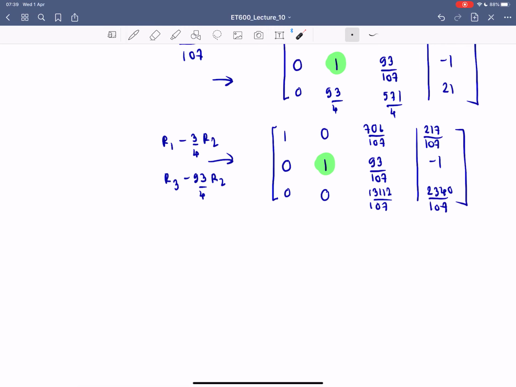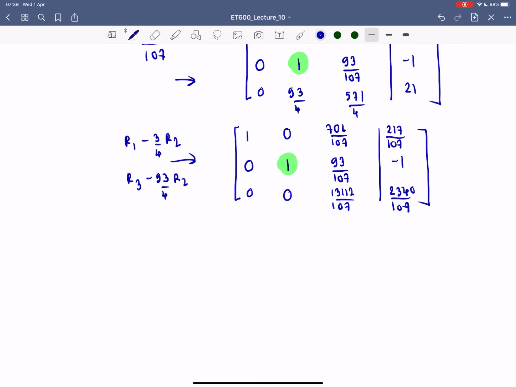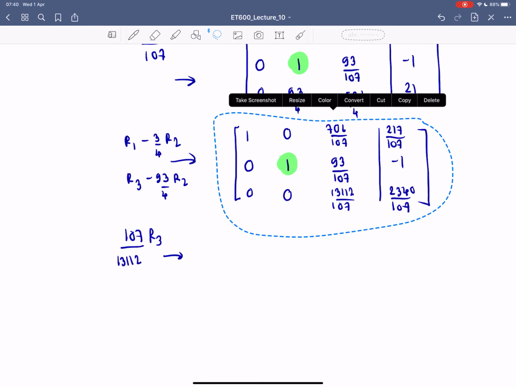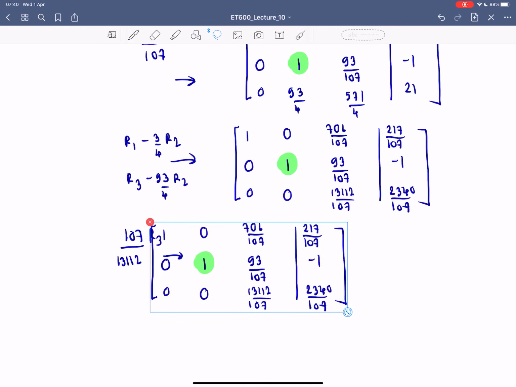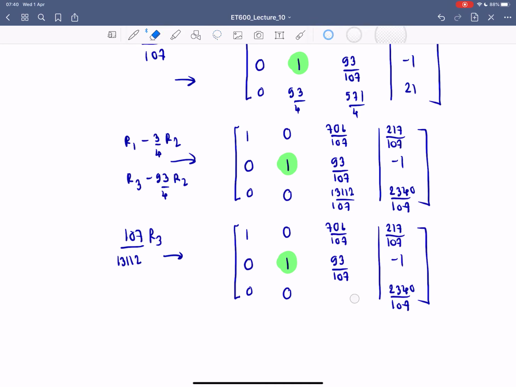So I'm going to multiply the third row by 107, divide by 131112. So my resultant matrix, only the third row will be changed. The first 2 rows remain the same as in the previous step. Then this is going to be a constant 1. And that spot will be changed to 585 divided by 3278. And you use this pivot element to get rid of those